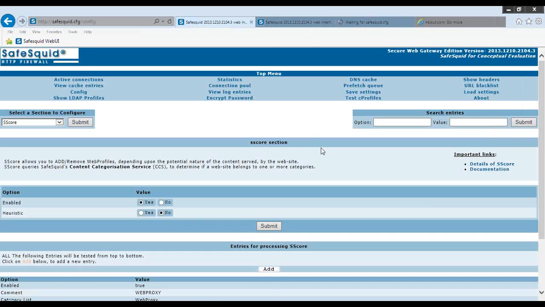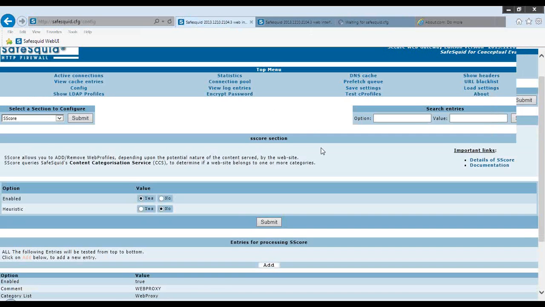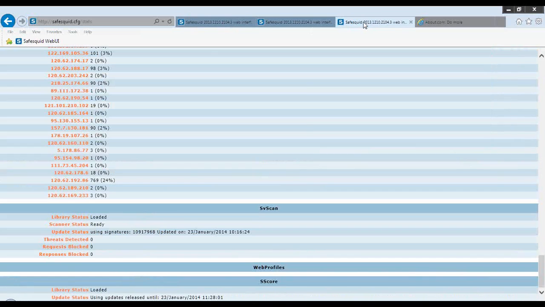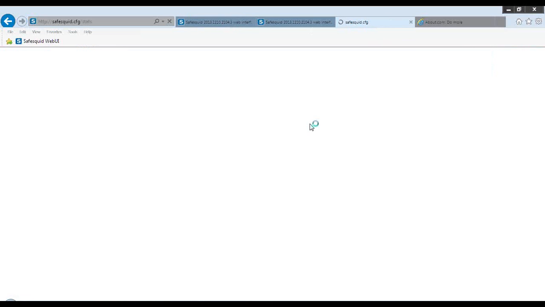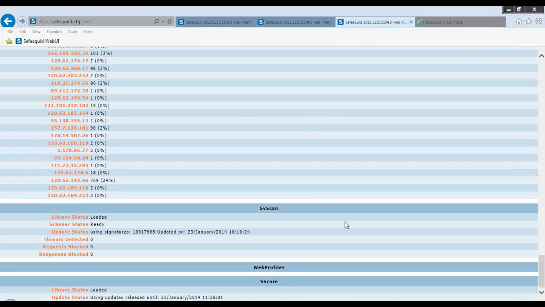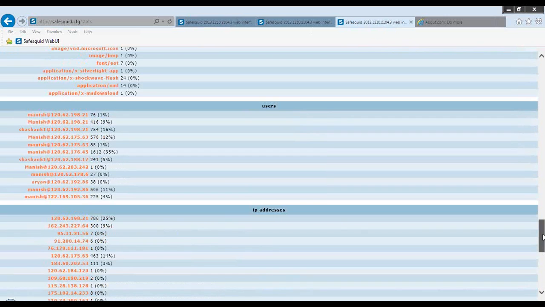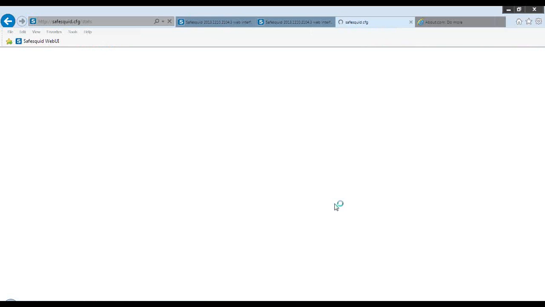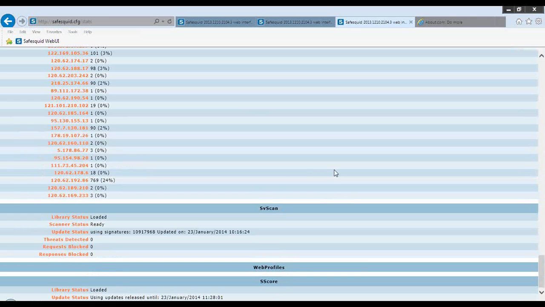Okay. Very nice. It's not showing up here. I guess there is something faulty here. Otherwise, I should have been seeing the web profiles that got applied for about.com, etc. to be coming in here.